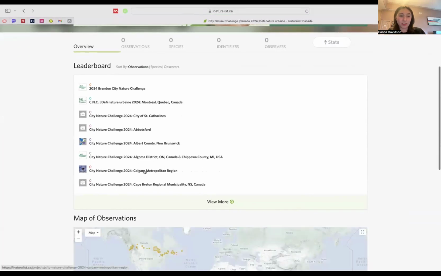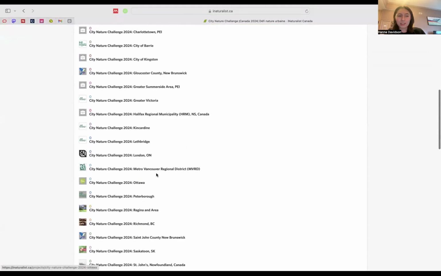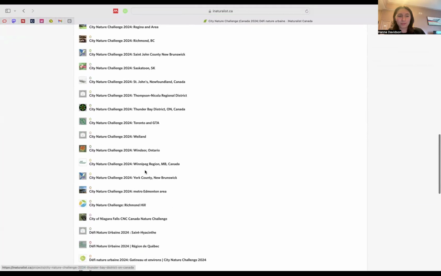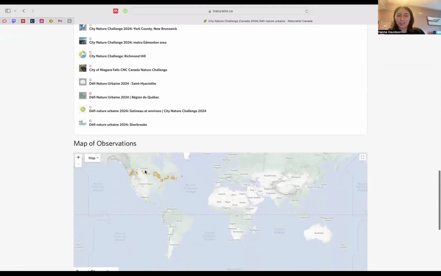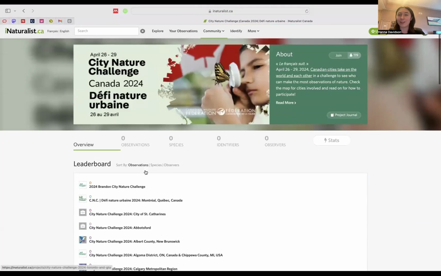There's a bunch. If you're in Calgary, there's a Calgary one. If you're in Edmonton, there's an Edmonton one. I think there might be a Red Deer one this year. But you can see tons of people are participating. Tons and tons. And there's one every year. So you can see last year's, you can see 2 years ago, and you can kind of make comparisons on that, which is really useful if you're trying to see like, when does a butterfly arrive in the spring or anything like that.